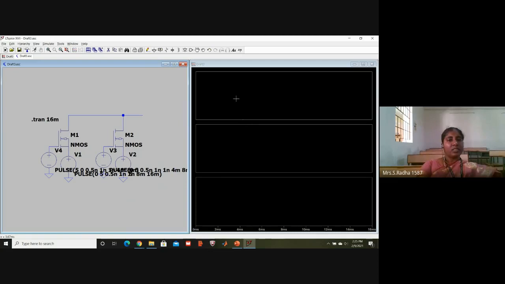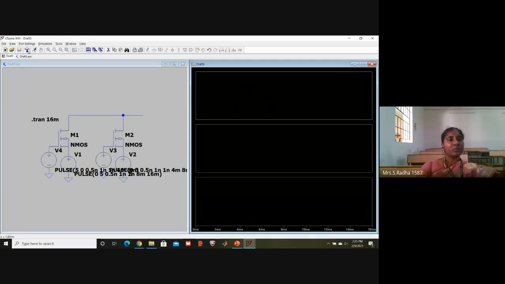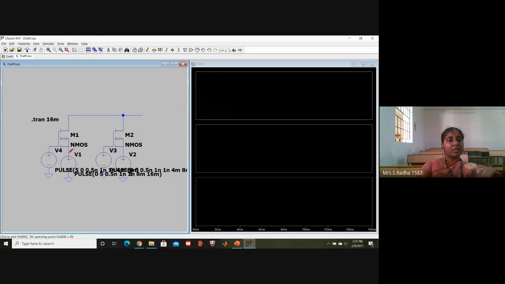And now click in the first one. One zoom symbol will come. Then go to simulate and click on A. This is the A waveform. You should be very clear where that A is flowing. So A is having 16 milliseconds. You see bottom 16 milliseconds. On time is for 8 milliseconds, off time is for 8 milliseconds. This is about A.